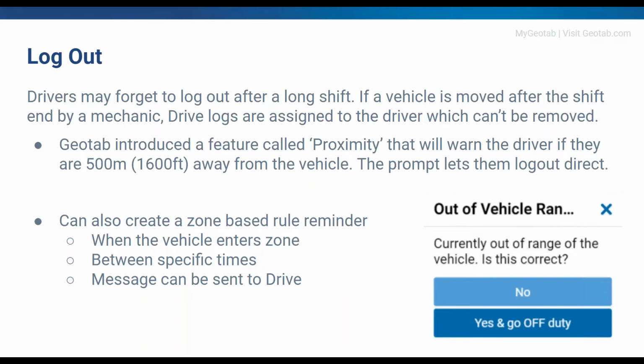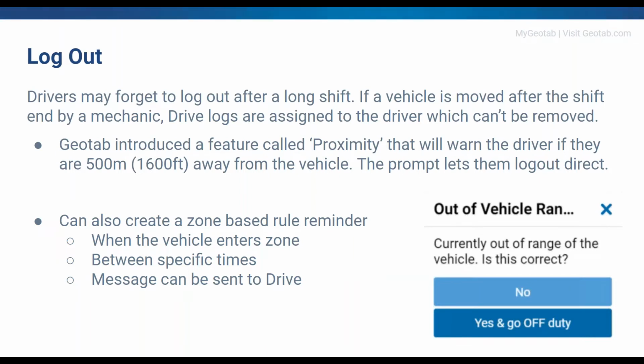The other thing you could do, and this might be for some of our more advanced users, is create a zone. So geofence the places where your drivers usually leave the vehicles. Then when the vehicle enters that zone, you can create a rule that says, if this vehicle goes into this zone between this time and this time every day, send a message down to the driver. That message could simply be, hey, welcome home, just remember to log out of Geotab Drive, log out of the ELD before you go home for the day. So that could be a little proactive piece. They're warned that, hey, you're getting home, log out, remember? And then proximity, if they forget.